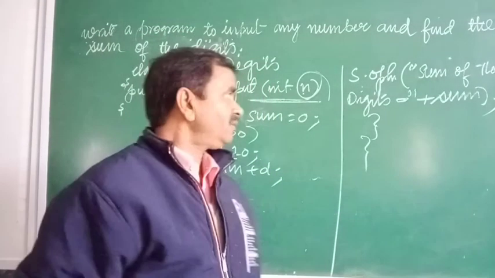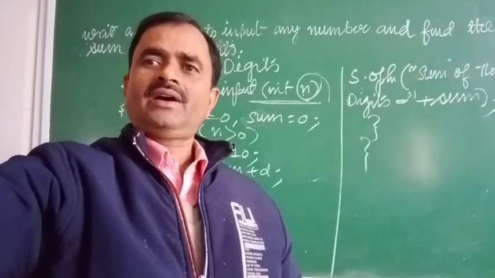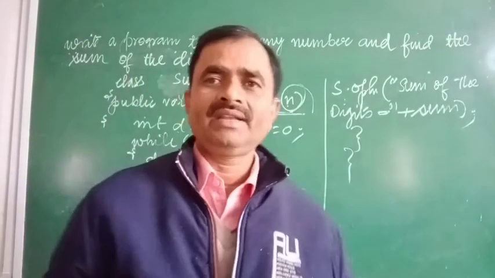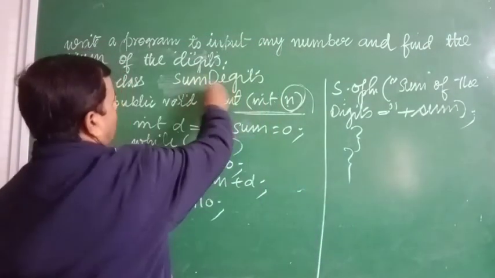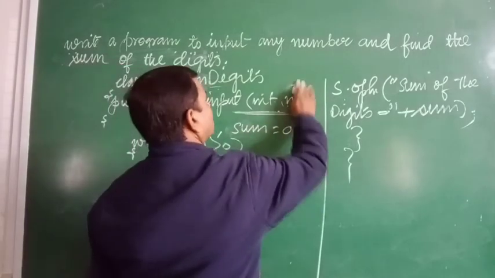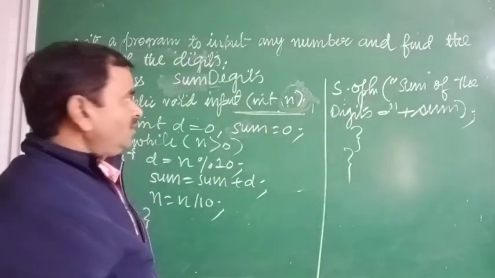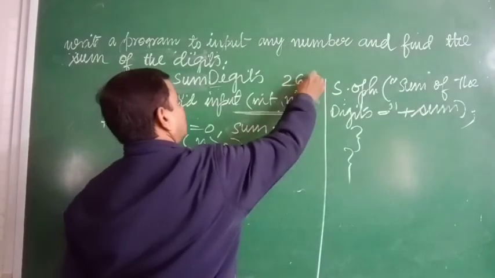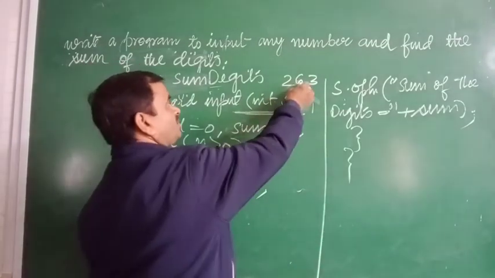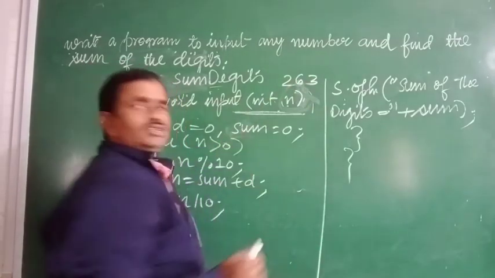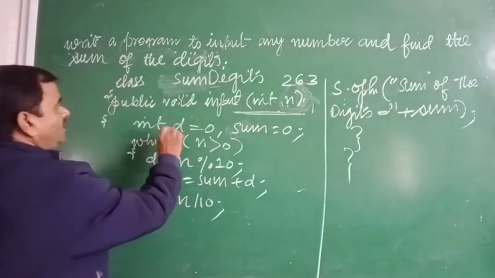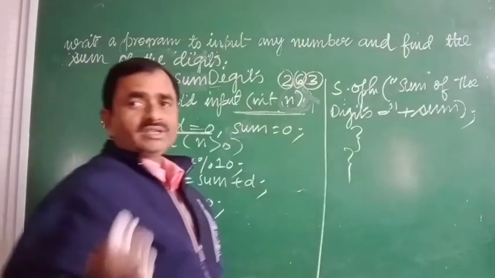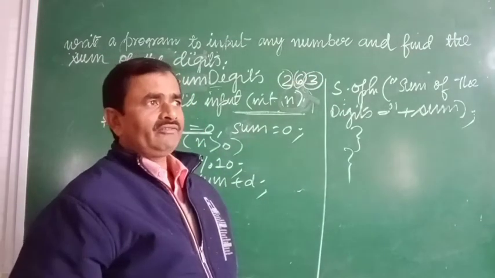In this program, what will happen? We will calculate the sum of the digits available in any number. So the input is the same here. We have to input in variable n, that you already know. In the previous program, we discussed how to input the value. Once you input the value, suppose you have input here 263. So the answer will be 3 plus 6 equal to 9, 9 plus 2 equal to 11. Now, how will it happen? We have to separate the digits from this number. And once the digit is separated, we can add or do anything.